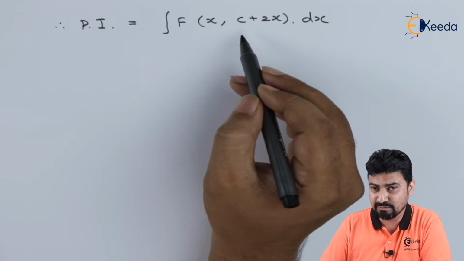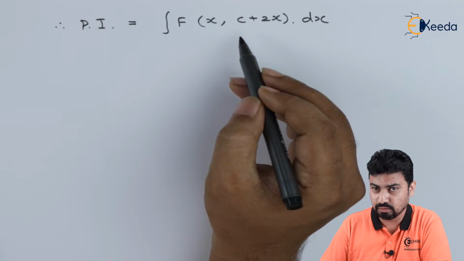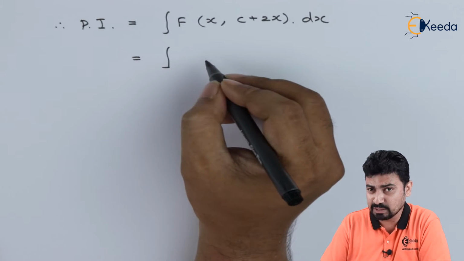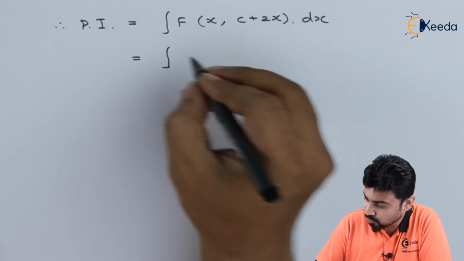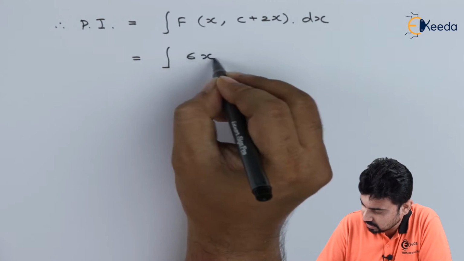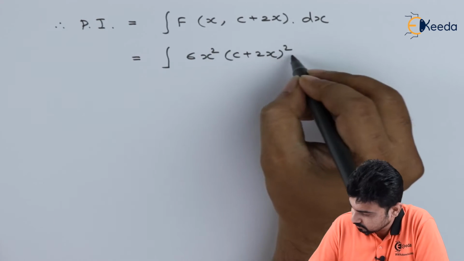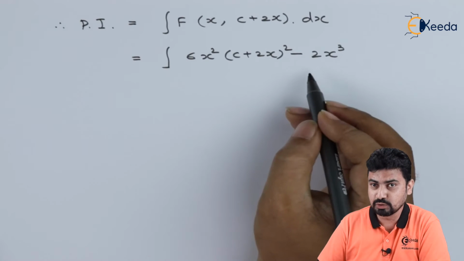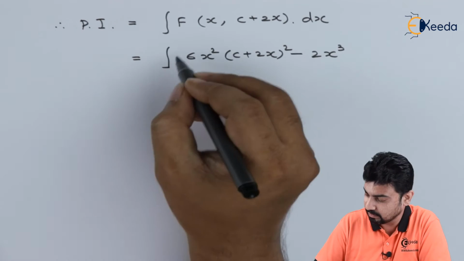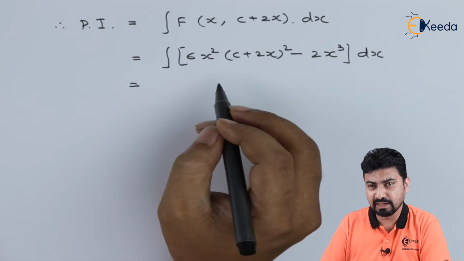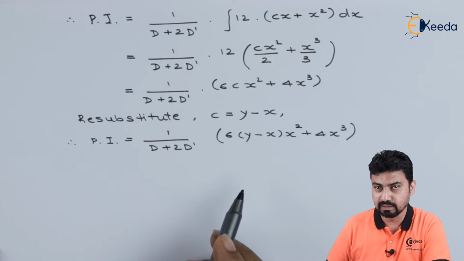The last form of the equation that we had got was the expression 6x square y square minus 2x cube, and the integral of the entire thing. Let us first simplify and then integrate. Simplifying this further, we get